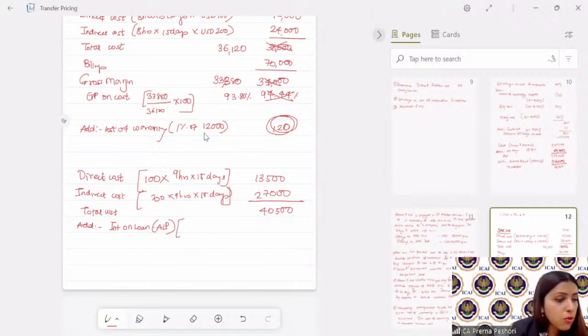So on a loan of rupees 1 lakh into 3% per annum, we are calculating here for 1 month. All these are monthly figures, so divided by 12. It comes to 250. So 40,750 is my cost. Here I am applying the profit margin